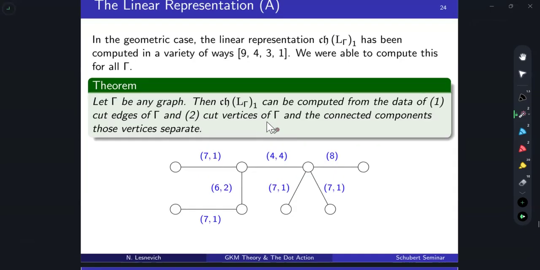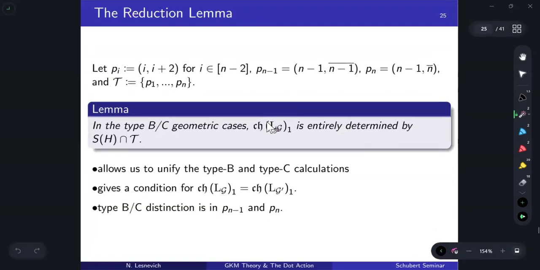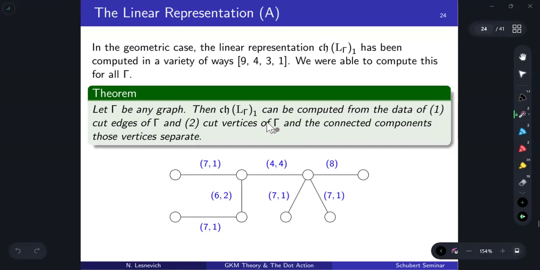For types B and type C, could you say again, why is that 8 special? Why is that not a 7, comma 1? So